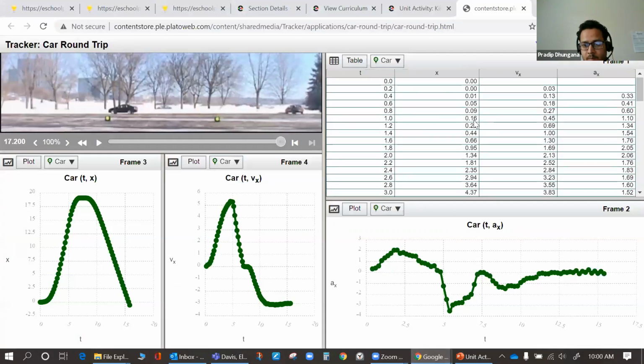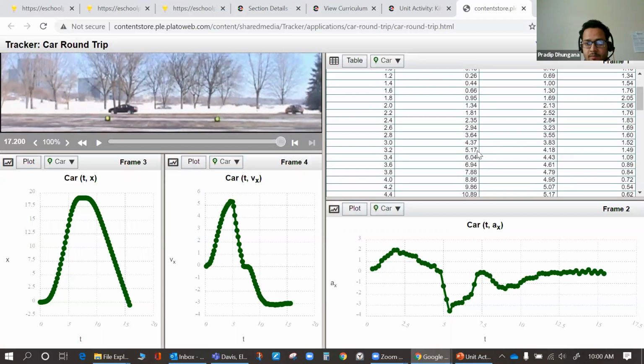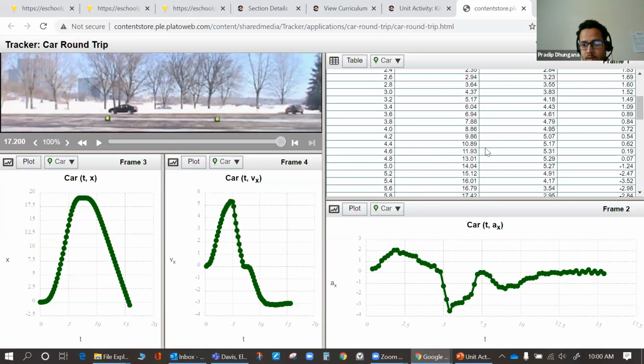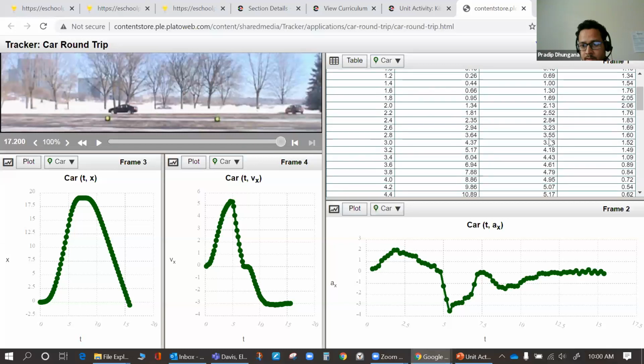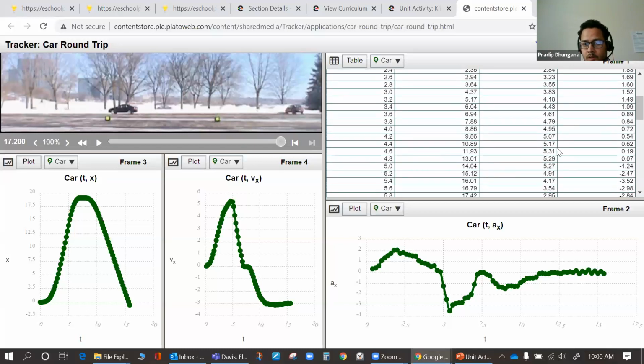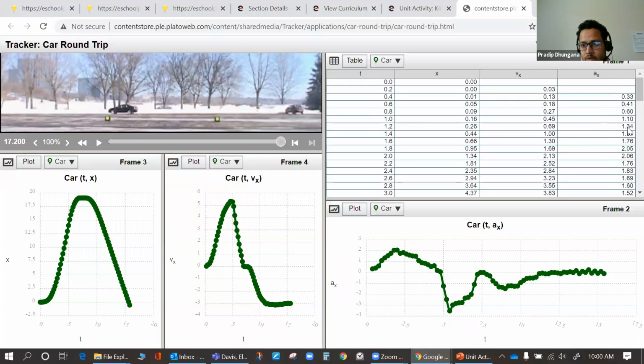So 0.2 is here, 4.6. So you can see that your position, the displacement, is positive and it's in a forward direction. You can write that one. Okay. Let's look at the velocity. Velocity at the beginning was 0 and it started to increase, all the way to 4.6. And then acceleration. So acceleration is increasing and then it's decreasing as well. So just write acceleration is positive throughout the time. Okay, so let's fill out that one.